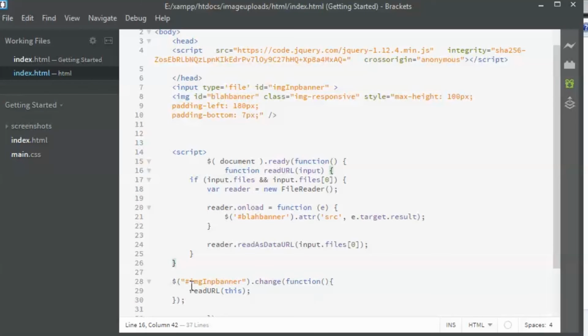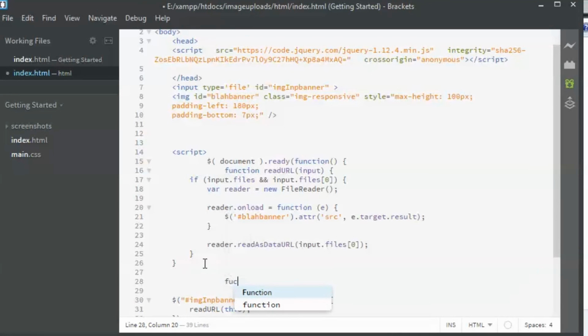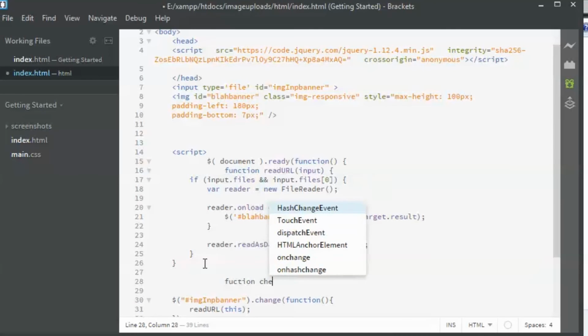So let me create a new function by typing in function, and I'm going to put a function name. Let me call it checkfile.